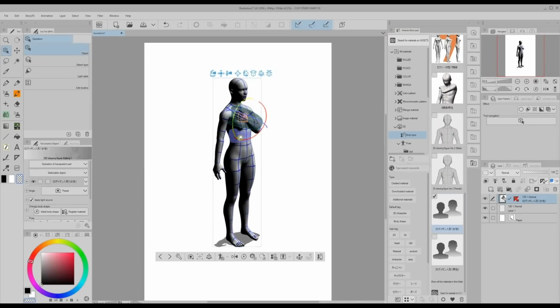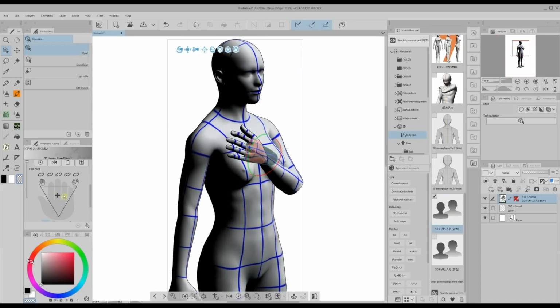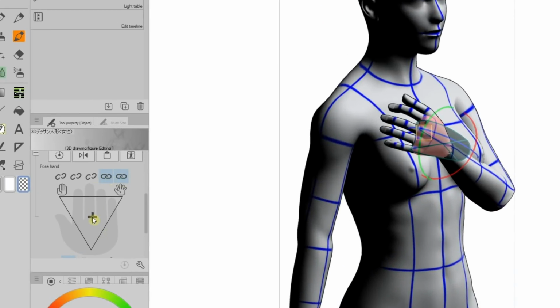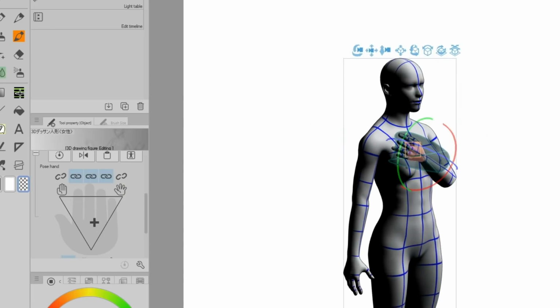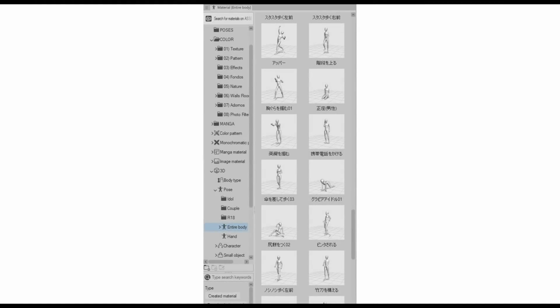If you expand the Pose option on the Tool Property menu, you can even move fingers in a more detailed way. You can use the lock buttons to freeze certain fingers on the current position, while the rest still moves as you drag the cross around the triangle. You can create your own poses like this,